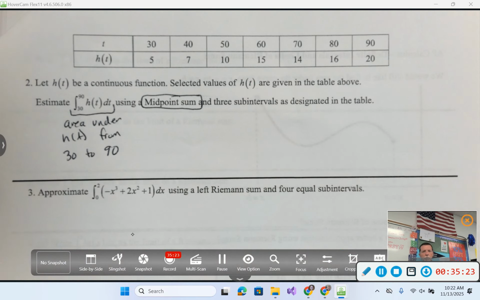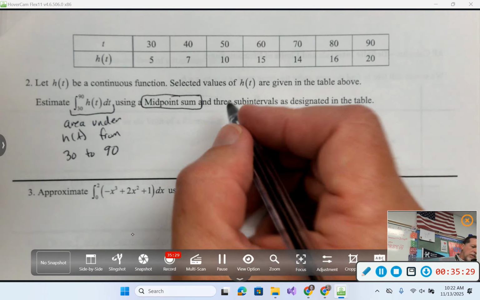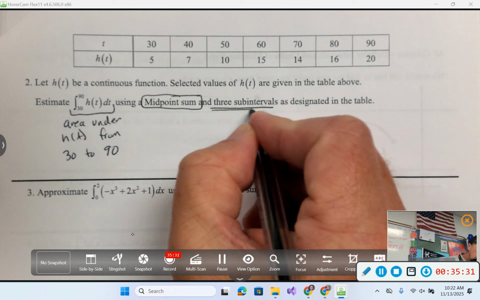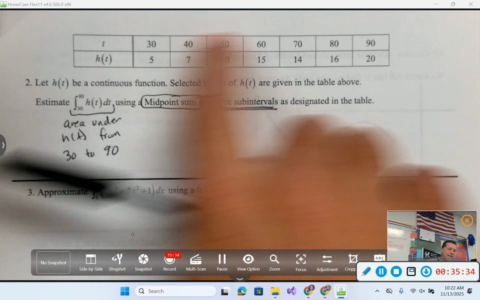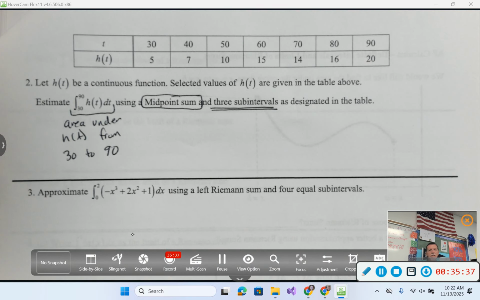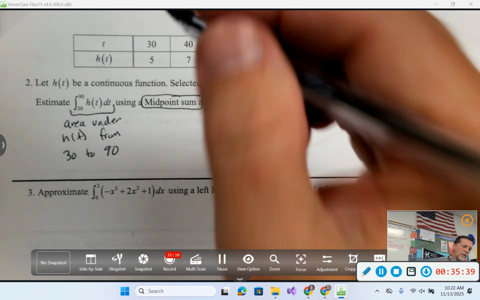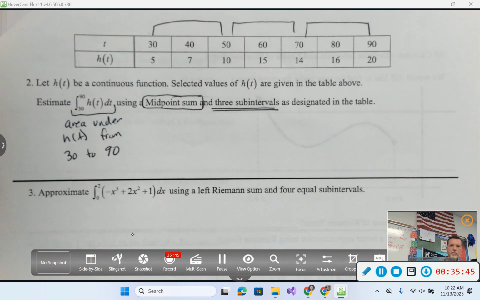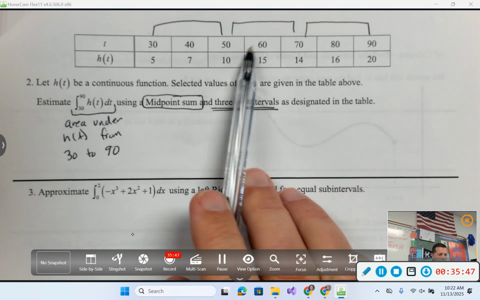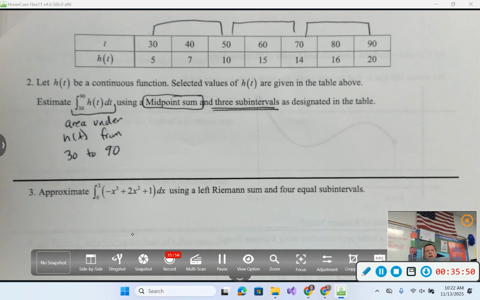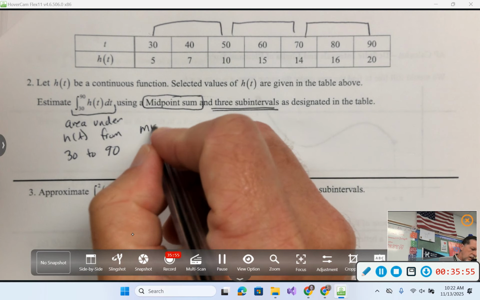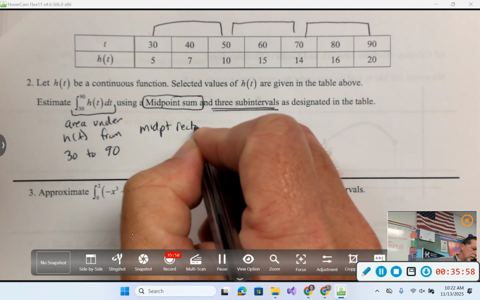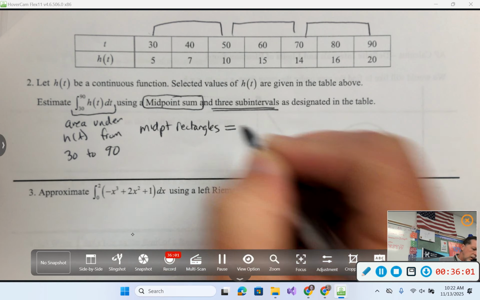Okay, and it's got me a table going from 30 to 90. Using a midpoint sum with 3 subintervals. I feel like I got a lot of data there for 3 subintervals. So my subintervals need to look like this to get 3 of them in, rather than 1, 2, 3, 4, 5, 6 of them in. Okay, so the midpoint rectangles equals,